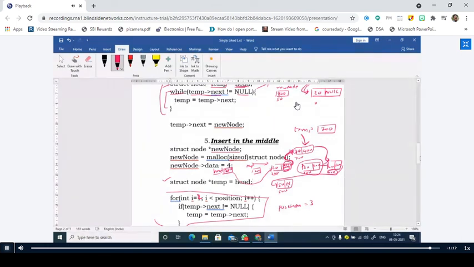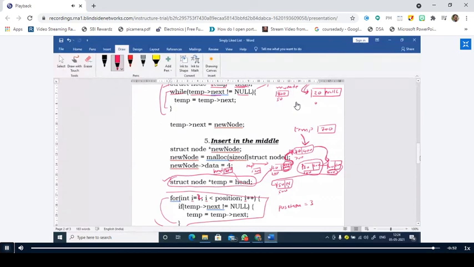Right. Now, for example, if you are asked to count the number of nodes in the linked list, what will you do? To count the number of nodes, what should we do? Same logic. You create a temporary variable. That means you have to traverse the entire list. You use the for loop and you use one counter variable.